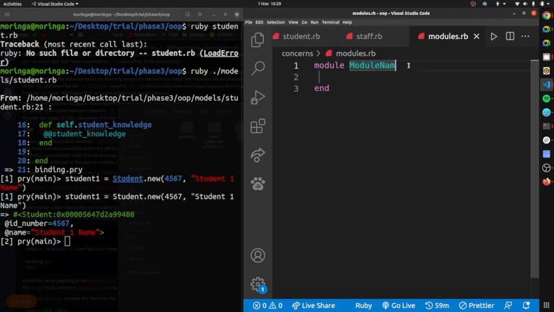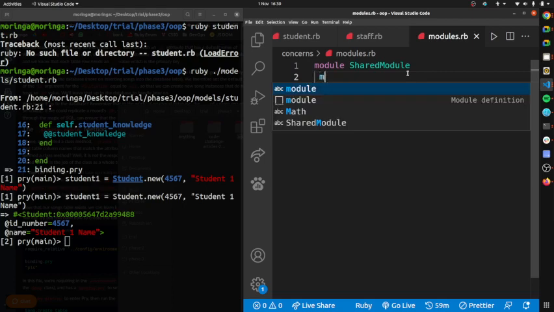Inside this module you can call it anything you want, like knowledge module, shared module, you can call it anything. So shared module, then inside you can pass in whatever you want. Again, if you want to categorize your modules and be systematic, you can also create another module, maybe shared properties, maybe with